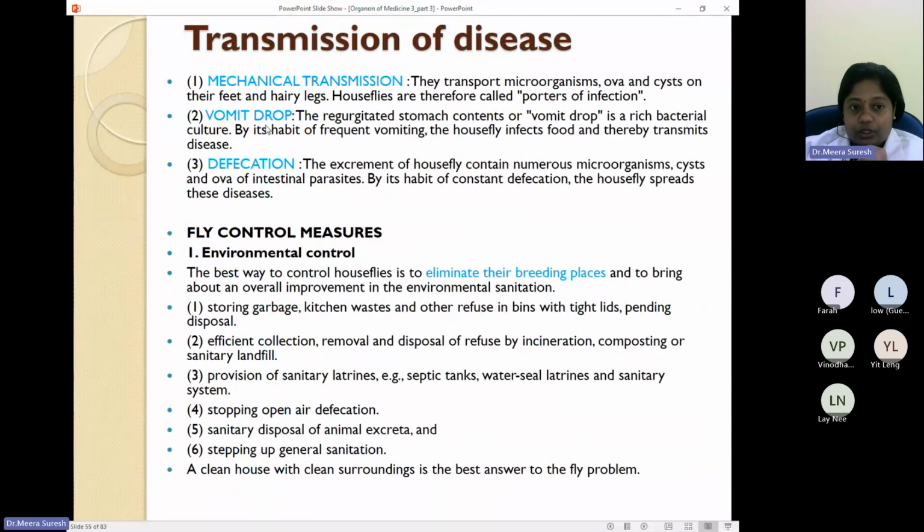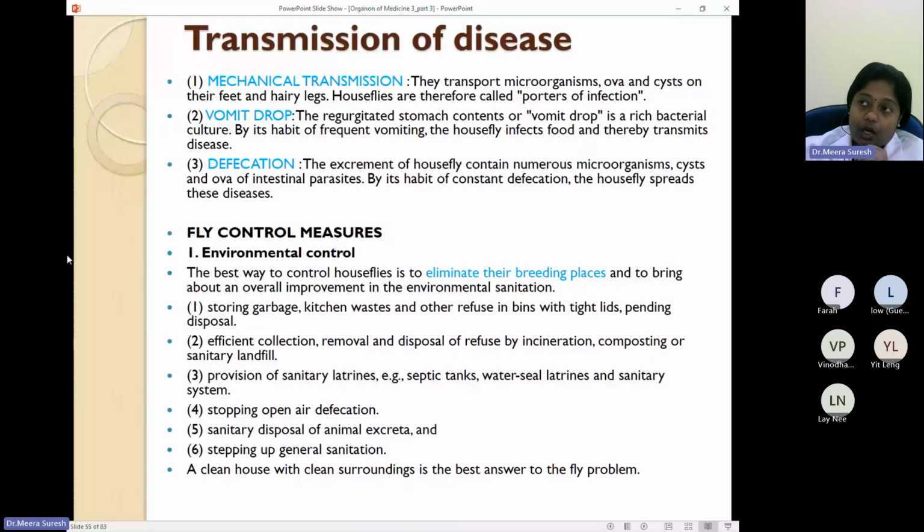So the transmission, as I told, is by vomit and defecation. I don't have to explain the mechanical transmission, because we already saw that they are very restless, moving from the filth to the food, or from feces to food. When they are moving, their wings and feet transport the microorganisms. If a fly sits on exposed human excreta from a patient having worm infestations, protozoal disease or parasitic infestations,